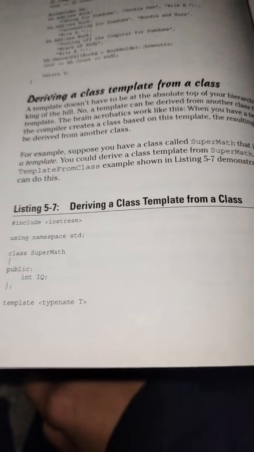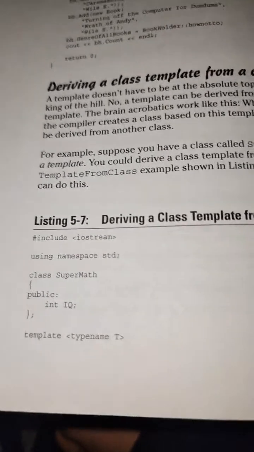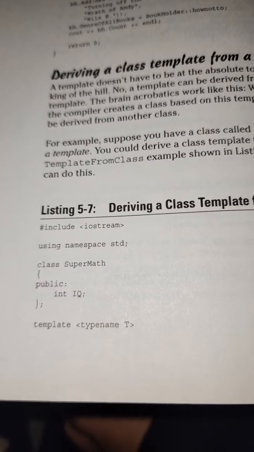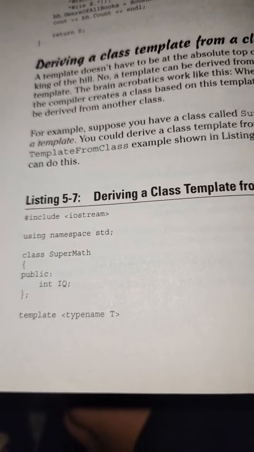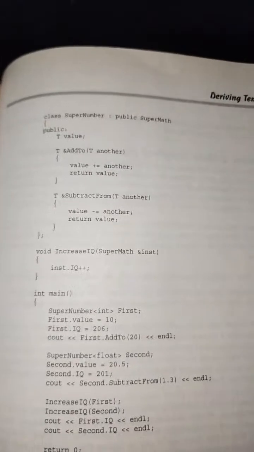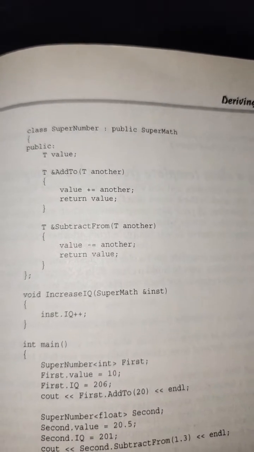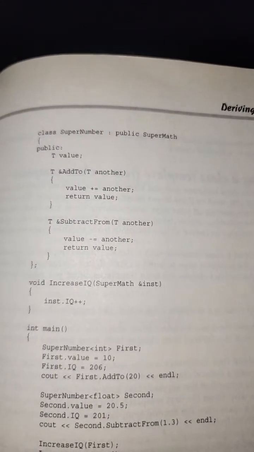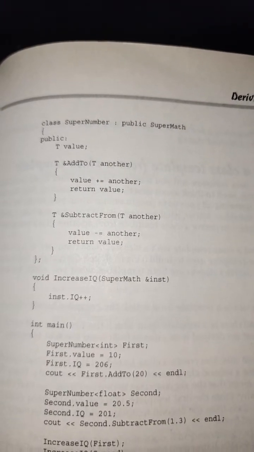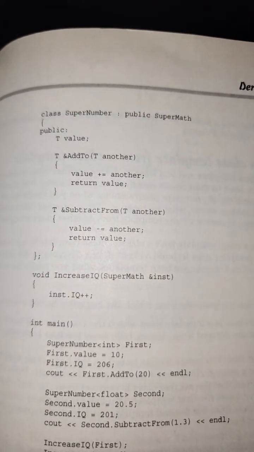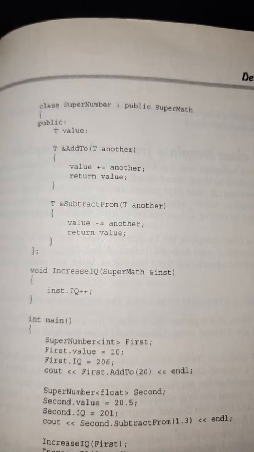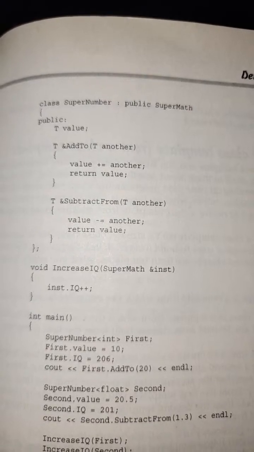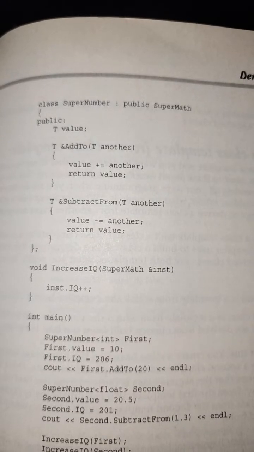Listing 5-7, deriving a class template from a class. #include <iostream>, using namespace std; class SuperMath { public: int IQ; }; template <typename T> class SuperNumber : public SuperMath { public: T value; T& add_to(T another) { value += another; return value; } T& subtract_from(T another) { value -= another; return value; } };